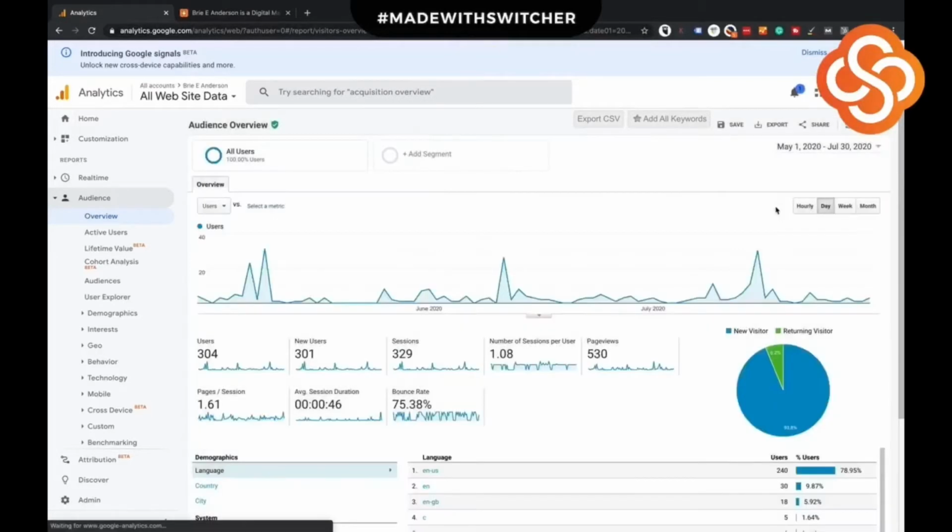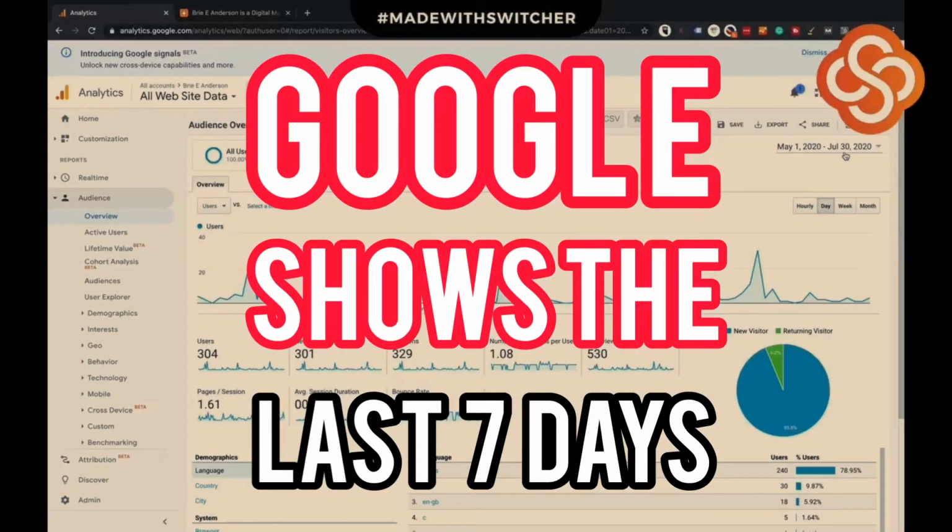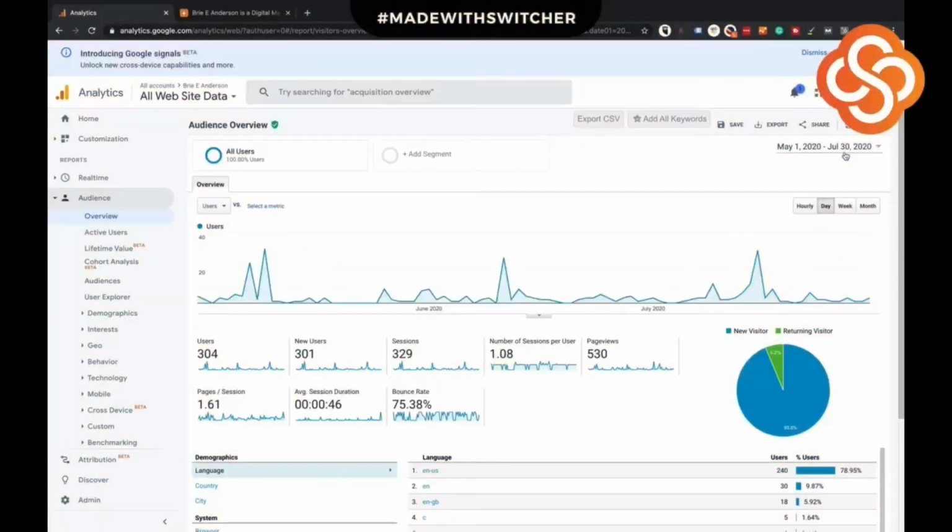So this is one thing too, people jump in here and they start working with their data and they won't ever look at the date range. Make sure you're looking at the date range. By default, Google is showing you the last 7 days. So we don't really want that, especially in this case when I don't get a lot of traffic to my